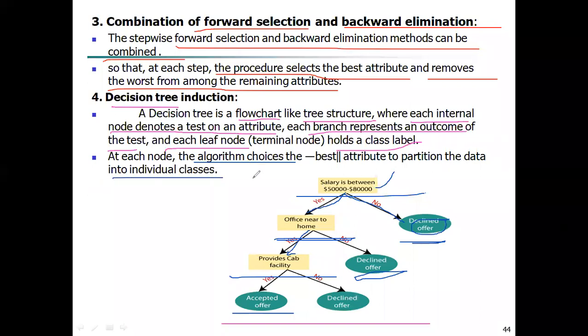Here you are going to choose the best attributes only to perform your test, not all the attributes. Suppose whether that particular company has a uniform or dress code or not. Whether it has a dress code or not is not a considered attribute, isn't it? If there is a dress code, we'll wear it. If there is no dress code, we go in our usual casual dresses. So such kinds of attributes we are not considering. What are the important attributes? Those attributes only we are considering and moving towards.